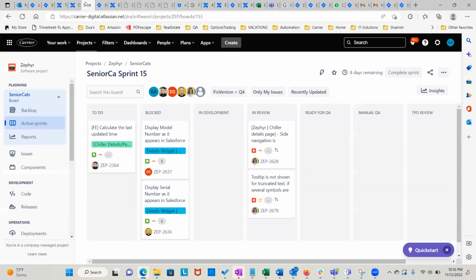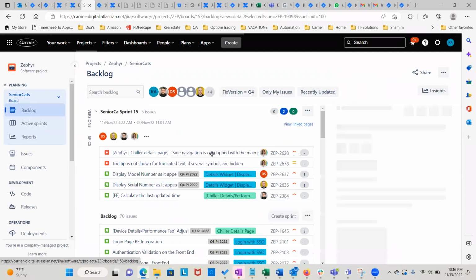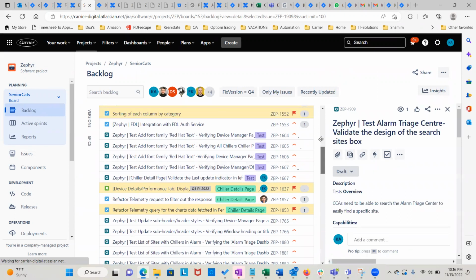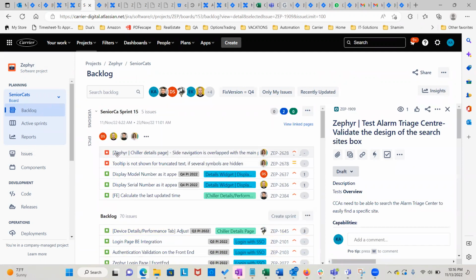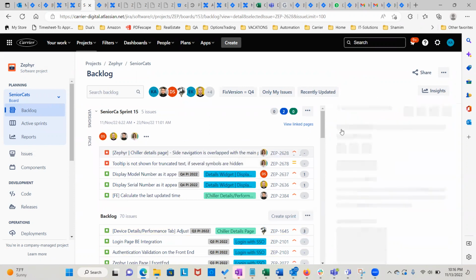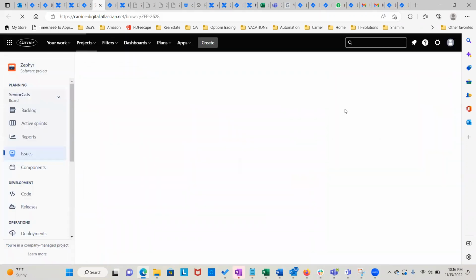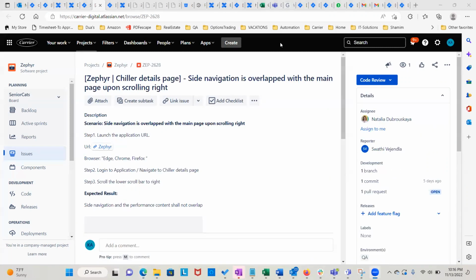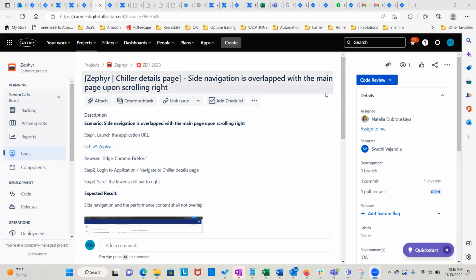All right. So, backlog. The red items are the bugs. So I'm going to open one of them. Here you go. So here the workflow would be different. Jira is a configurable tool, guys. As a Jira admin, you could configure it any way you want. So we have configured it. Look at this, we log this bug. Let's see what are the things we understand. So this is the status. I'm not going to talk about it right now.